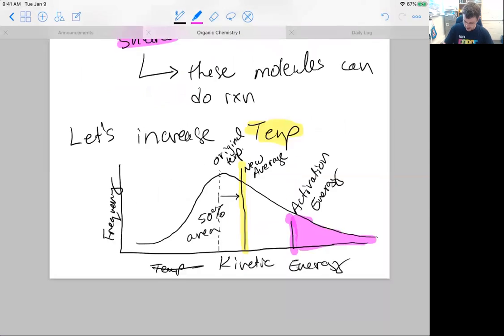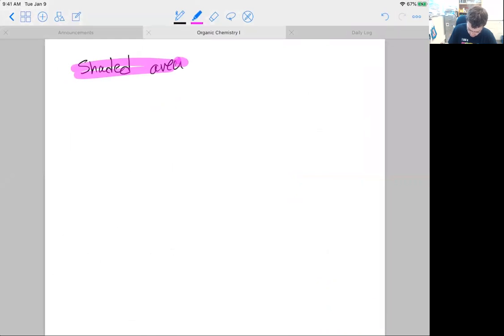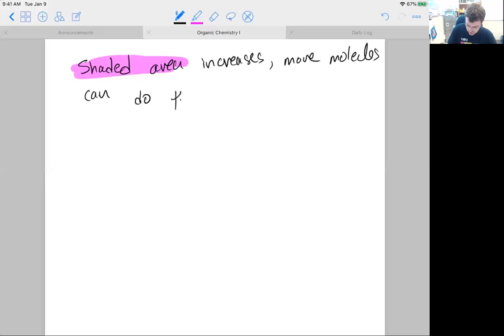The shaded area increased. Shaded area increases. That means that more molecules can do the reaction,